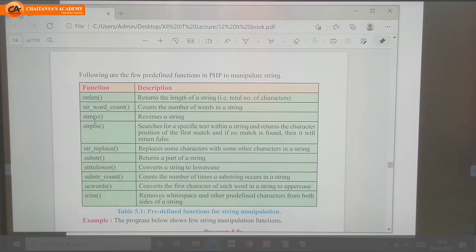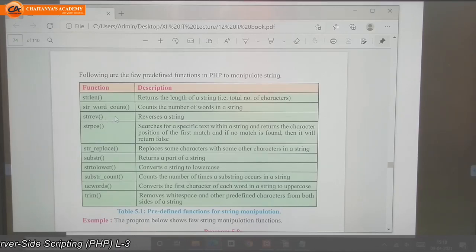strrev means string reverse. It reverses the string that you are passing. For example, if you pass total, then it will give us in output latot, like that.